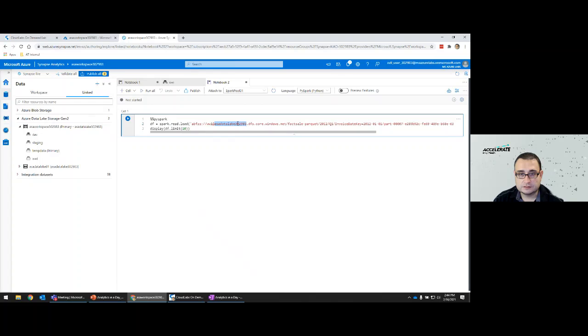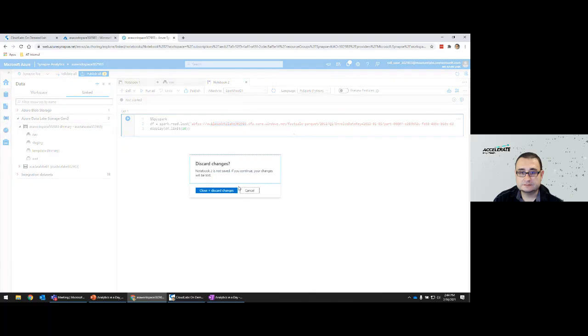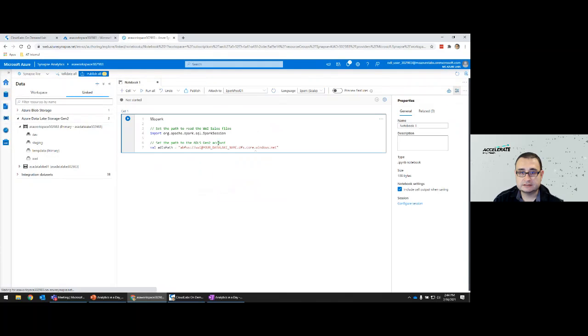Or you can go to your environment details and copy it from there. In this case, I'm just going to copy it from here, and close that. And now we're back here to our notebook that we just created. And I'm simply going to replace that data lake name in here.